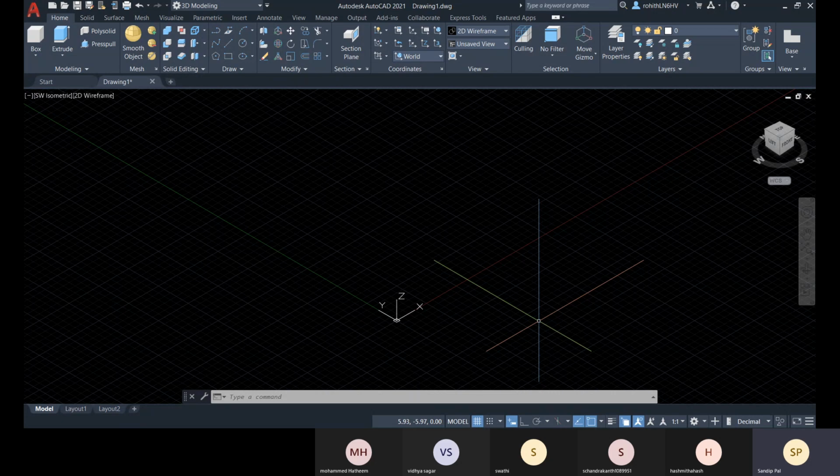So there is another object that is called surface which doesn't have any volume. It only has the area that can be in any plane, like it can be placed on xz plane, it can be placed on yz plane, it can be placed on xy plane.